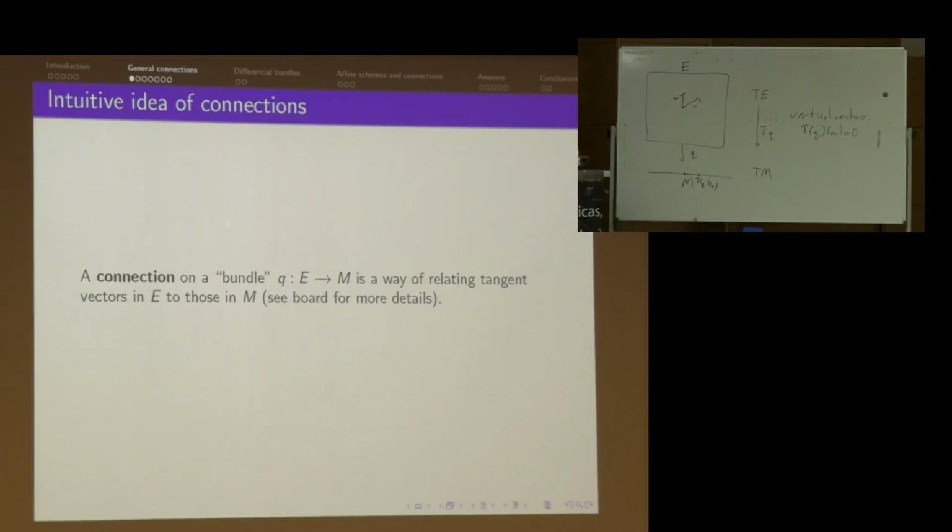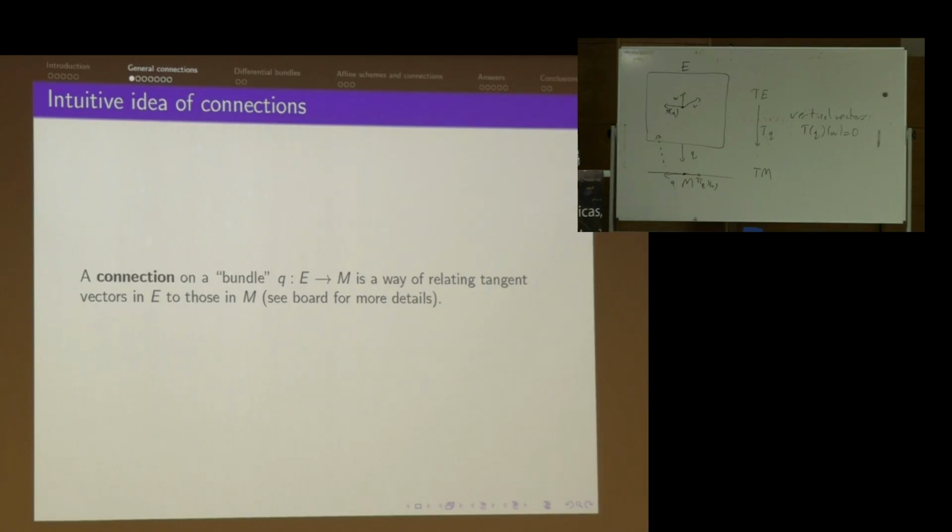Another perspective is that there are also ways of lifting tangent vectors downstairs to tangent vectors upstairs. So we've got some kind of point called A down here. Maybe I might be interested in having some way of transferring the tangent vectors downstairs to some kind of tangent vector upstairs, over A. And it turns out that that's also related to one way that people talk about connections. It's a way of transferring the tangent vectors downstairs to the tangent vectors upstairs.